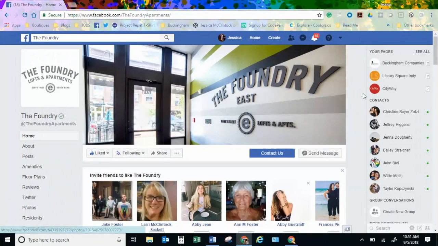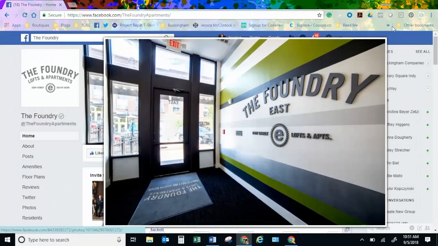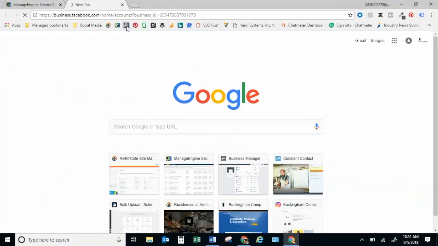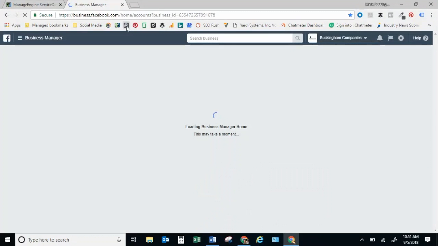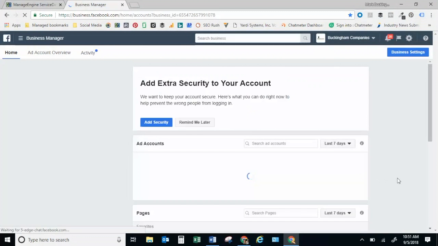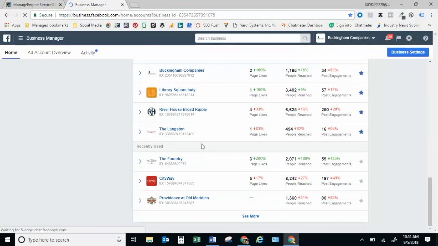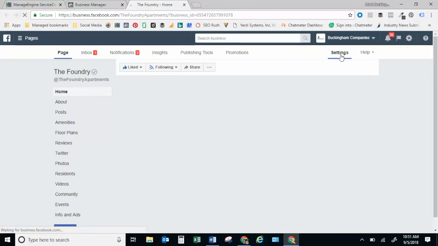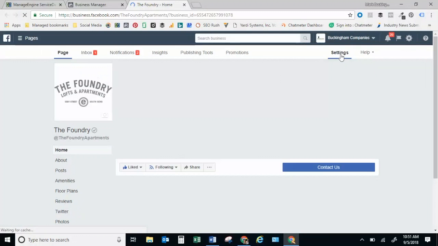And the next steps are what I do on my end. I don't know if it's really something you guys care or want to know about, but I then head to Mark's account, and Mark is the alias name for the marketing department at Buckingham. So Mark Buckingham is our Facebook account, and he holds all of the ad accounts and Facebook pages under his profile. So I'm heading to the Foundry's page here, and I just pop over to settings,